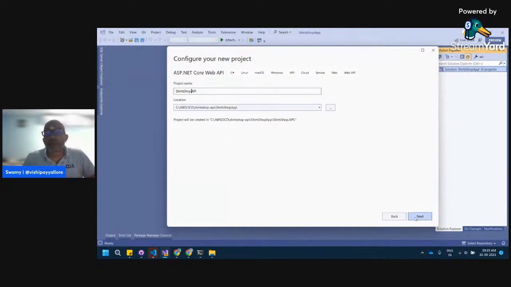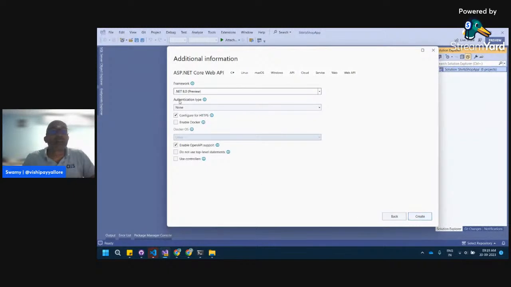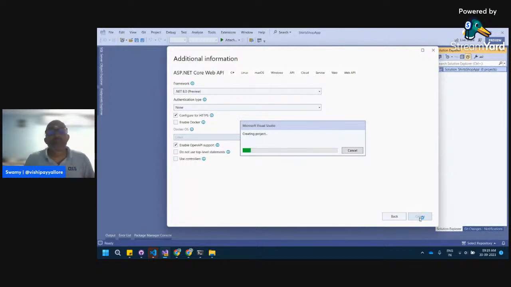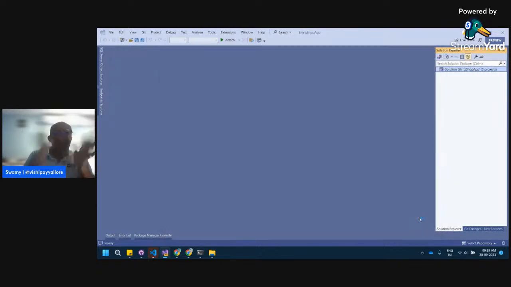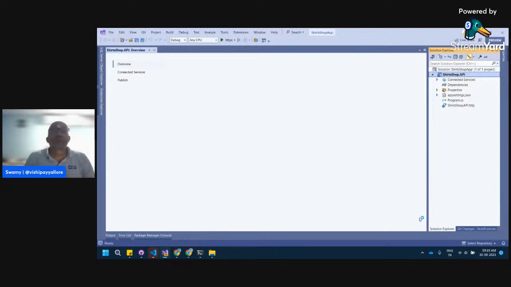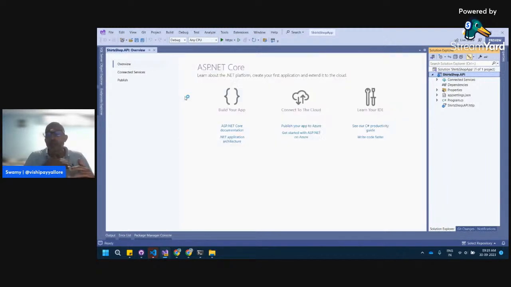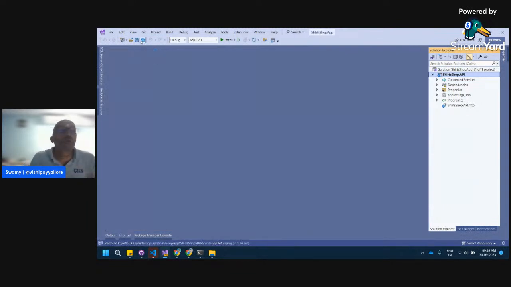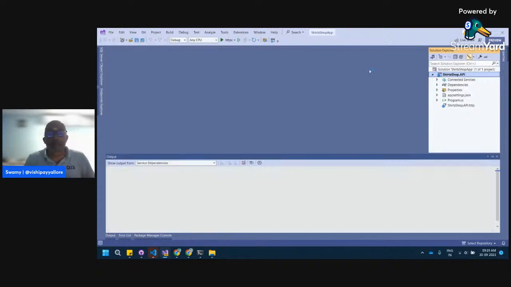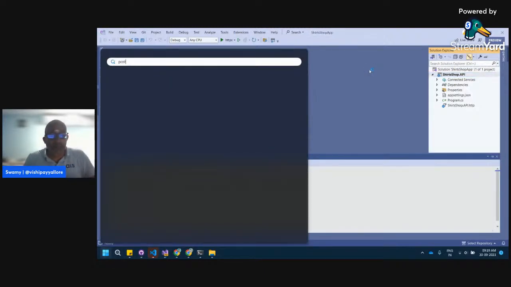I'm clicking on next, and I'm selecting .NET 8 preview, configure HTTPS, and enable Open API. Do not use top level statements, and do not use controllers, because as of today let's go with the minimal API. If needed, we will bump it up to controllers in future. This is just a hello world because our focus is mainly towards code commit and the CI/CD process, the branches, and also the Spring Boot one. Let me open Postman also